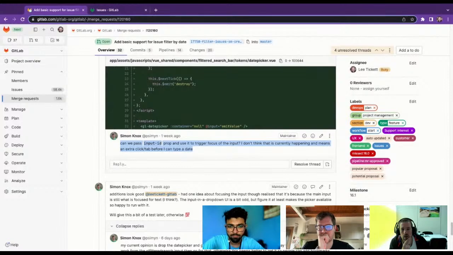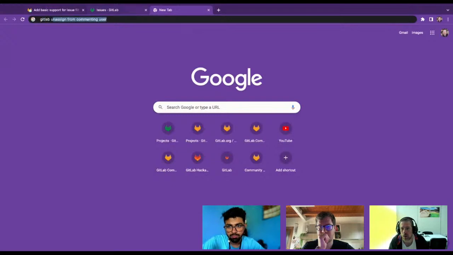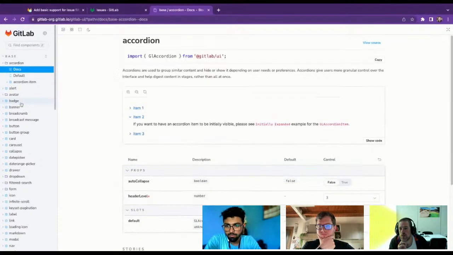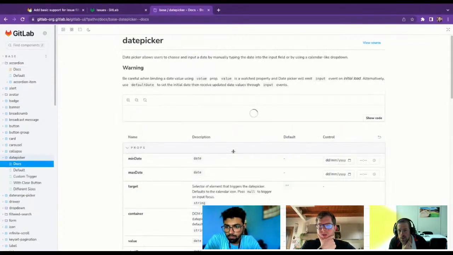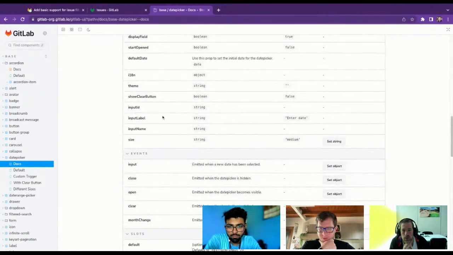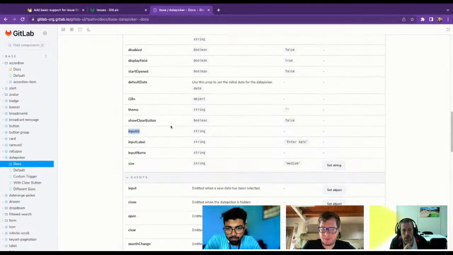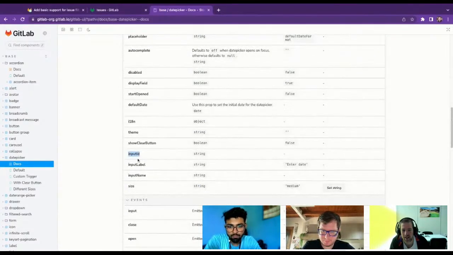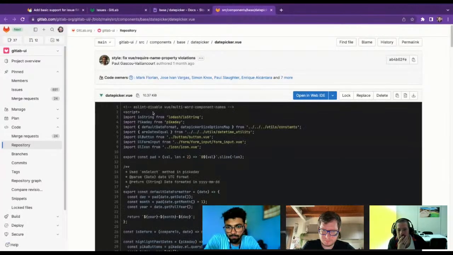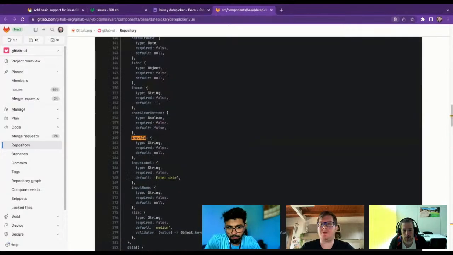So, can we pass input ID prop and use it to trigger focus? So I'm going to have a look at the GitLab UI docs for the date picker. Yeah, there's an input ID field. Doesn't give us any explanation, but hopefully if we look at the source, it might do. I think I have used it actually